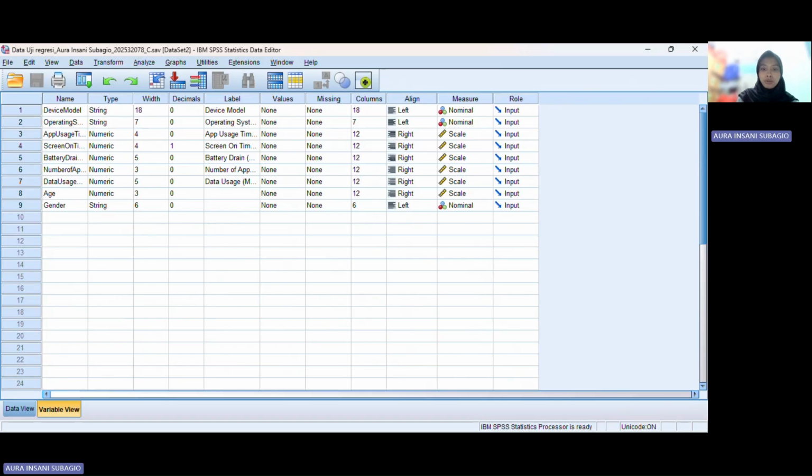And then this is the output for number 1 until number 5. We have the model summary.